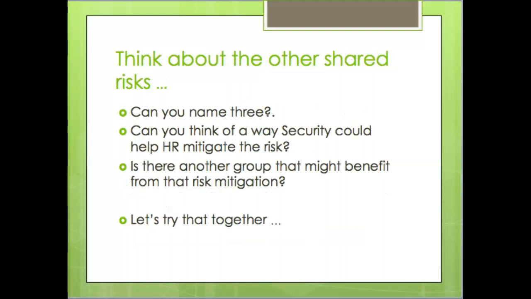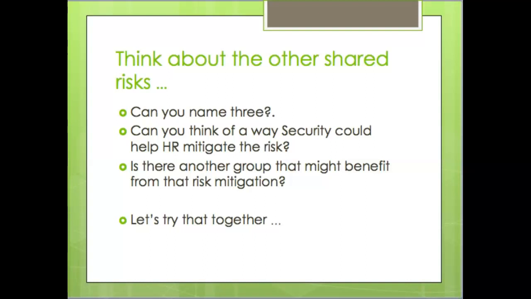So I want you to think about other shared risks with HR. As you know what HR does now, you have those 6 things, right? I want you to think about ways that security could help HR mitigate their risks. And if there's another group that might benefit from that risk mitigation, if you think about it, once we cleared